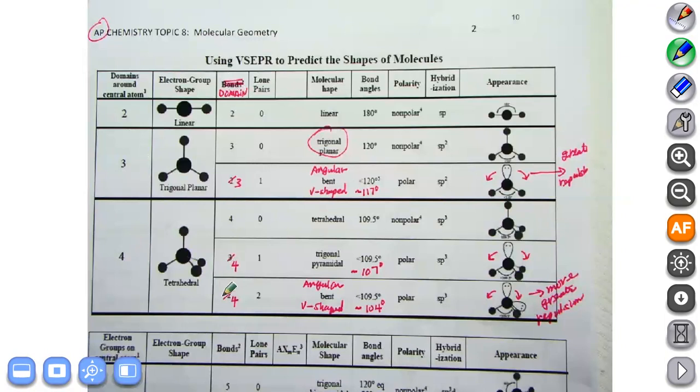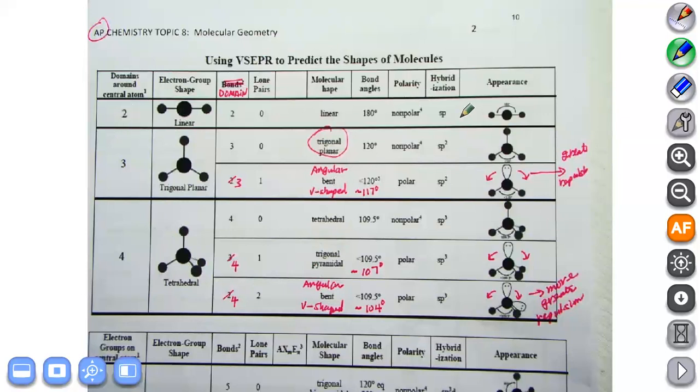I like to use domain with lone pair. So you would memorize it like this. 2 domains, 0 lone pair, linear. 3 domains, 0, trigonal planar. 3, 1, angular, bent, or V-shaped. 4, 0, tetrahedral. 4, 1, trigonal pyramidal. 4, 2, angular, bent, or V-shaped. That's how I would like to memorize it. I think that's easiest. And to correspond to the number of domains, regardless of the lone pairs,